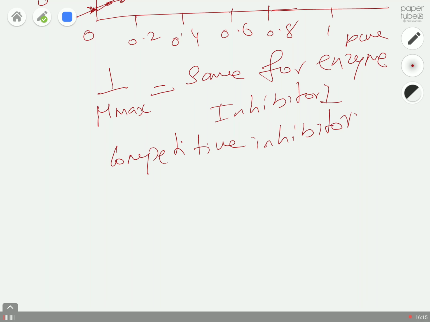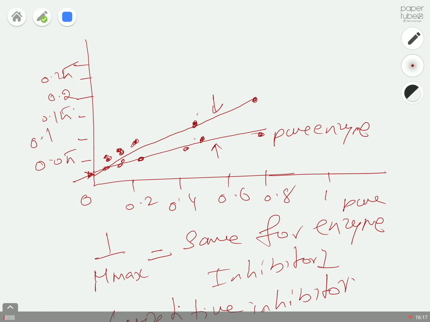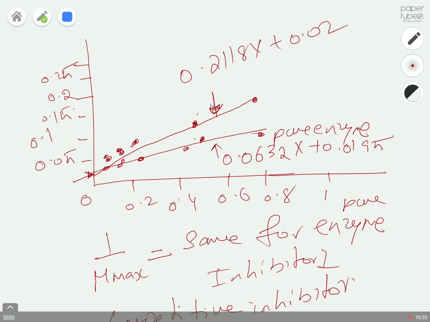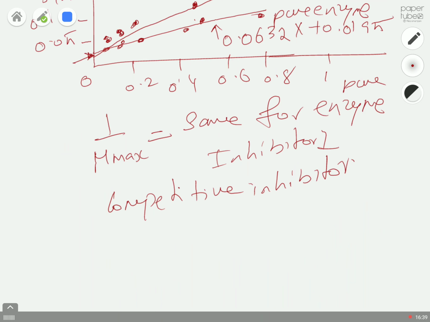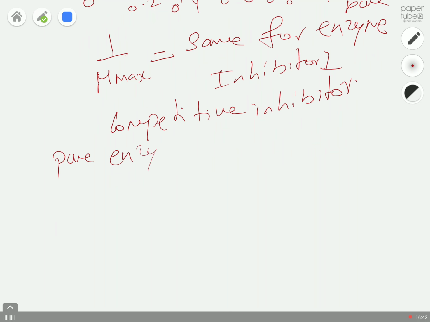And then you can take the slope and intercept. The best fit line is 0.0632 x plus 0.0195, and in the presence of inhibitor 1 it is 0.2118 x plus 0.02. So you need to make use of these two equations. For pure enzyme, you can obviously calculate your 1 by mu m, which is equal to your intercept value,